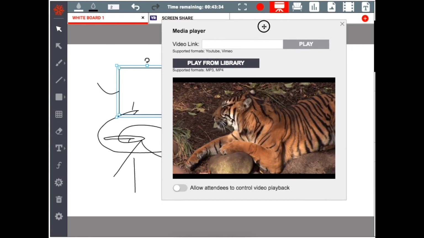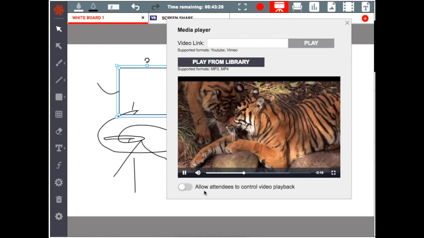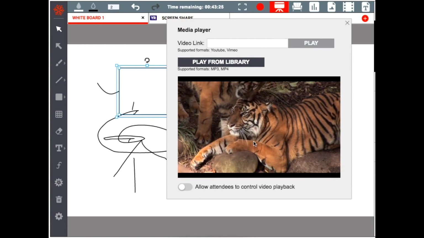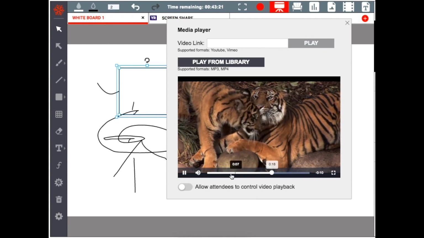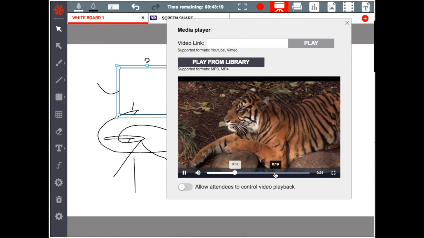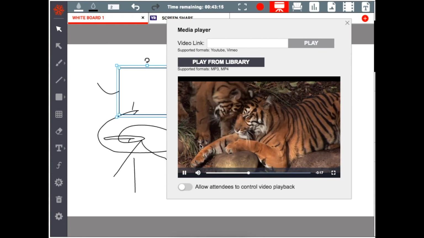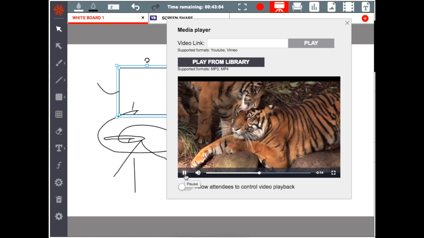One of the very neat features with this tool is you have an option here, allow attendees to control video playback. By default, the attendees cannot see this pause button, play button, or seek button where you can skip part of the video. So it's controlled by the instructor. If I'm giving a lecture, I can simply pause the video, and then I can talk about something about the video, or explain what the video is, and then I can continue playing it, which plays on every attendee's